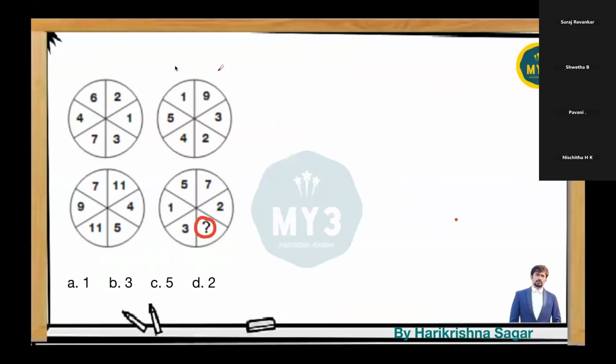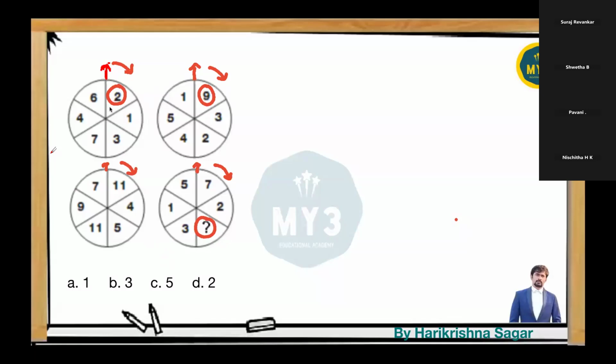Let's have a glance. We are able to see these values, and they are asking for this number. Before that, let me start from here. I'm able to see 2 in this place, 9 here, 11 in this one, and 7 in this one. Can anyone tell me the logic?